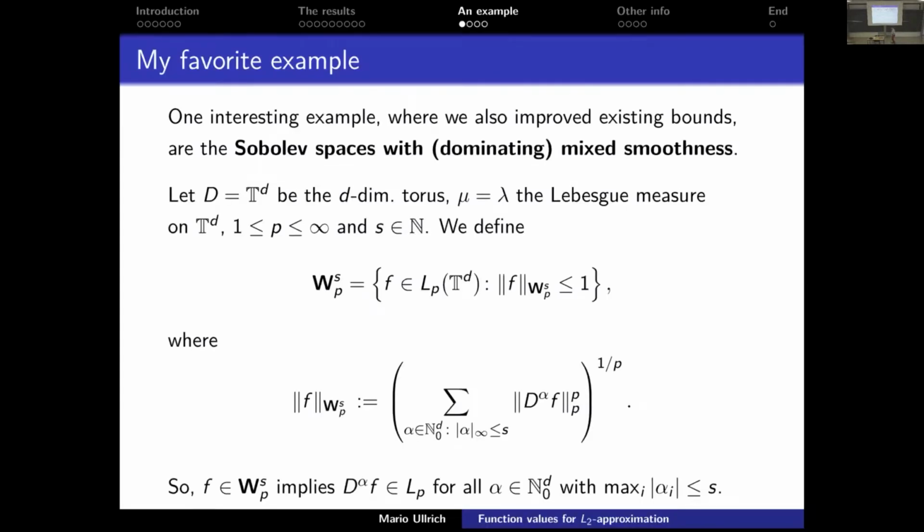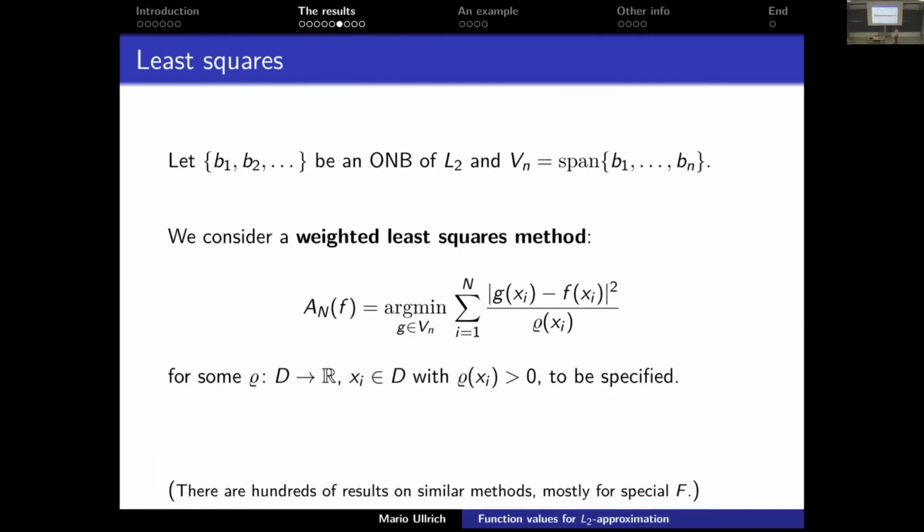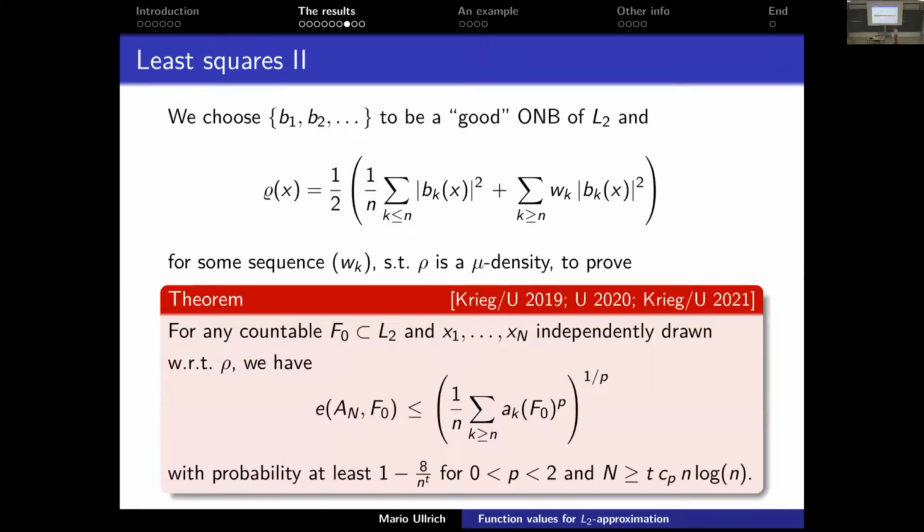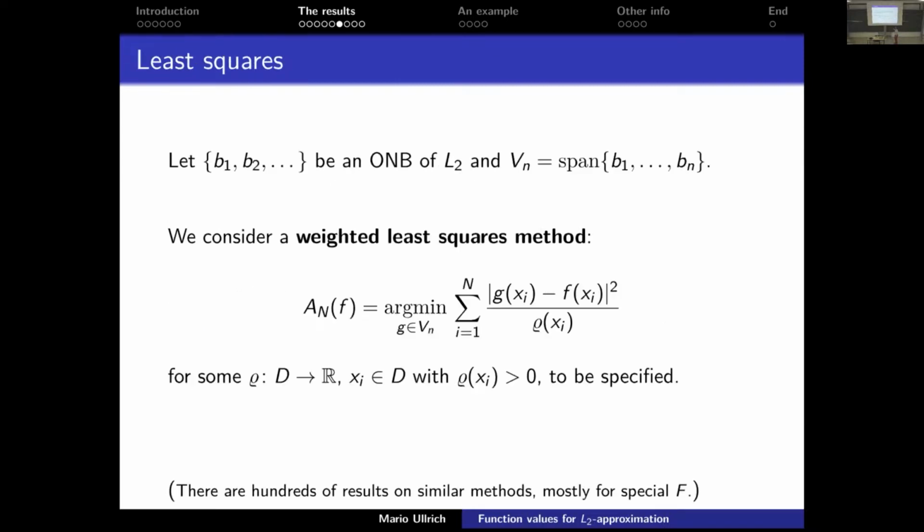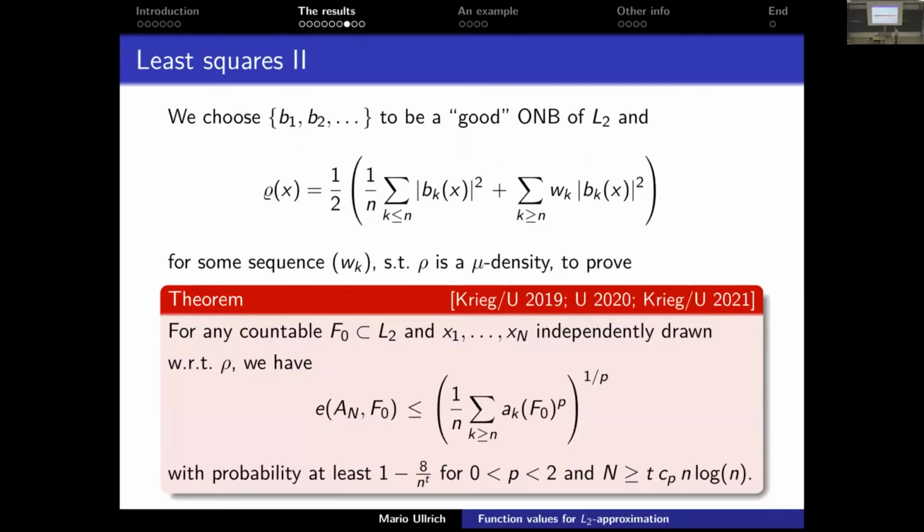Okay, so let me shortly discuss an example. I think I still have these. Yeah, sure. Okay, so what is the example most of us know about? And let me say that this is the interesting fact. Let me go back for a second. We proved this for arbitrary sets or with the separability. Okay. So we have this for independent points. Who would conjecture that in the setting we are in here, just taking n points independently drawn by any density, at the end you get an almost sharp result, right?